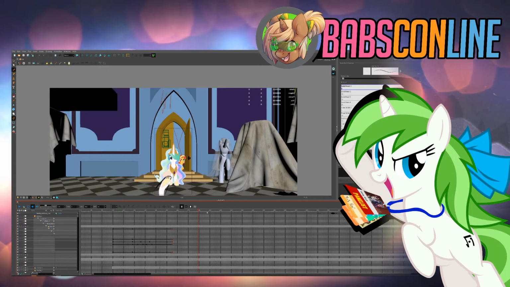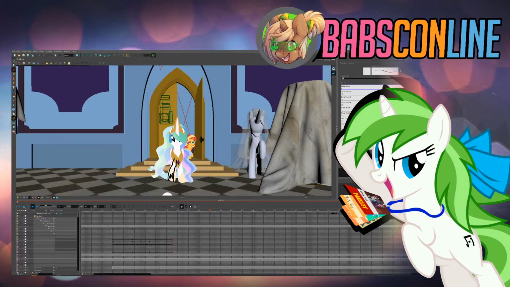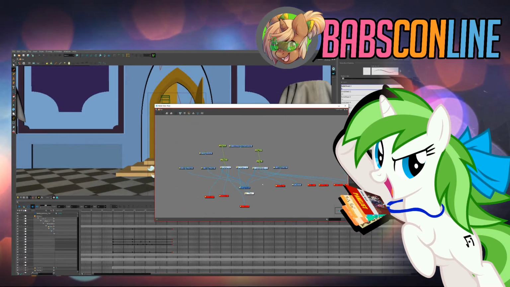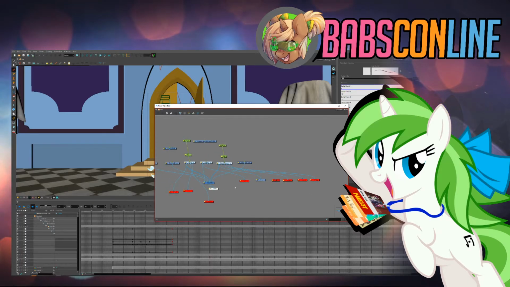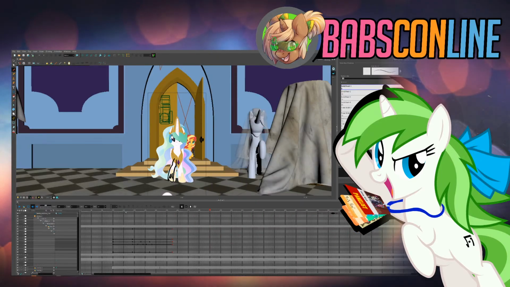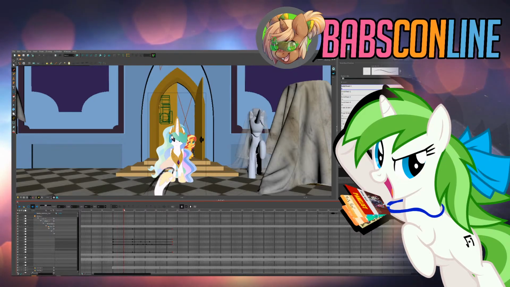So here's Toon Boom. I won't go too far into it. It's basically a node-based animation software, so you have all the layers that you have to deal with. One of the things, for example, is that I didn't animate the camera movement in Toon Boom because I wanted to have lots of control over it in After Effects,